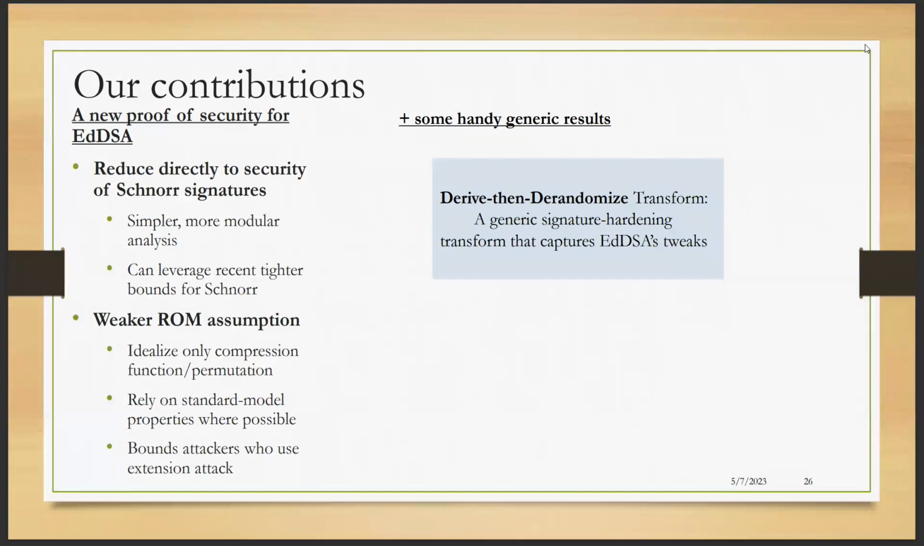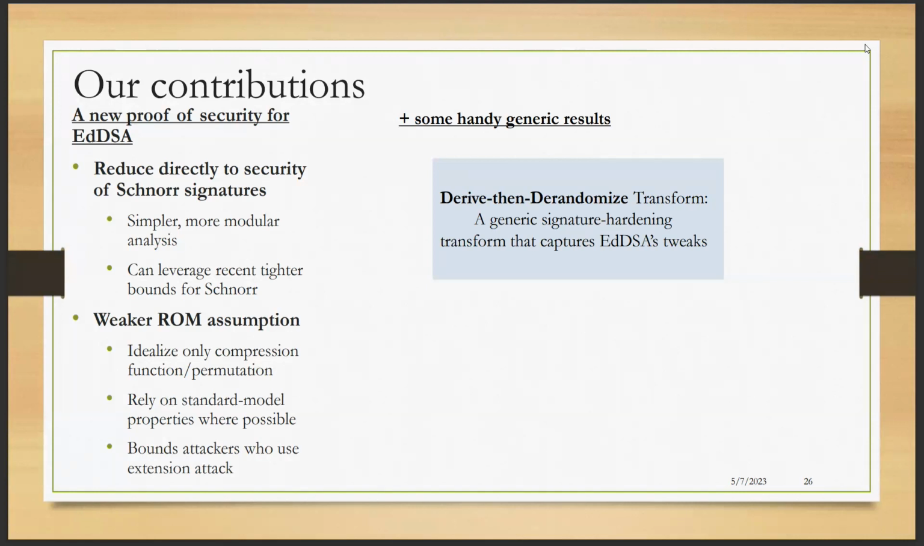And in addition, while we were doing this proof, we also came up with some handy intermediate results that we think have a little bit of independent interest. The first is derived then de-randomized, which is a generic signature scheme that captures these tweaks that EdDSA is making to Schnorr and makes them generic so that they can be applied to any scheme as a de-randomization strategy. And the nice thing is that our validation of the derived and de-randomized transform happens in the standard model. So we don't need to make any random oracle assumptions at all there, and we can work in any model